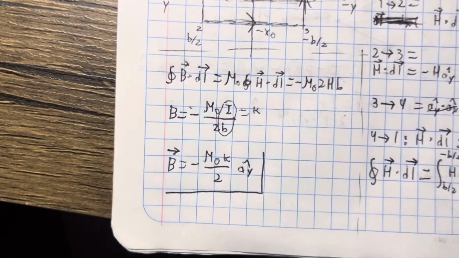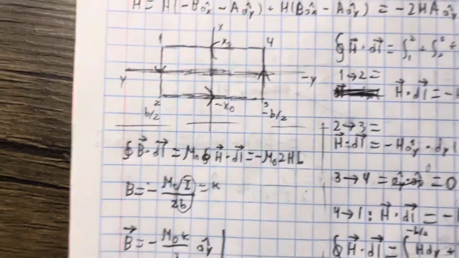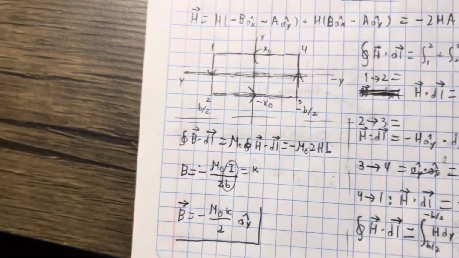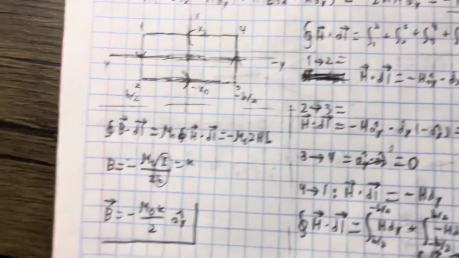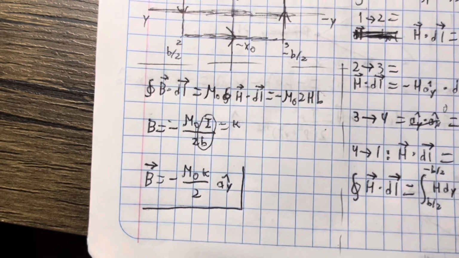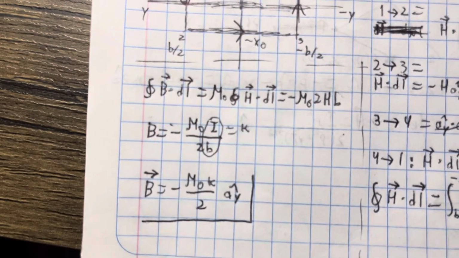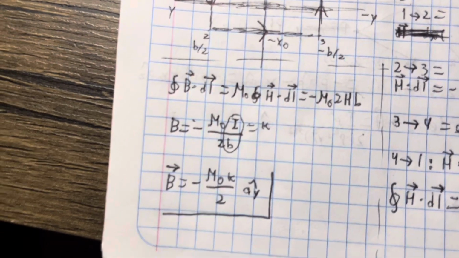To find the final value for the magnetic field, we just multiply this result times the permeability, and then when we perform this multiplication, we get that the current is being divided by the b,